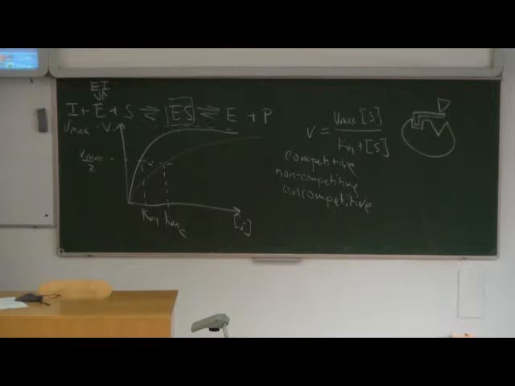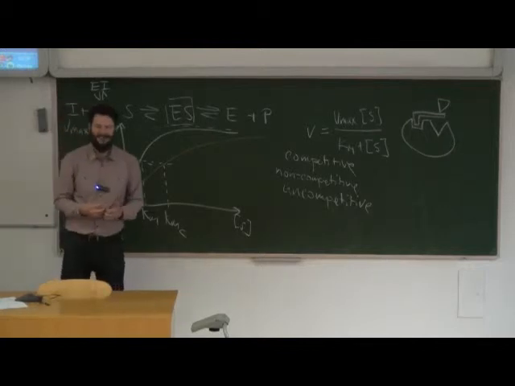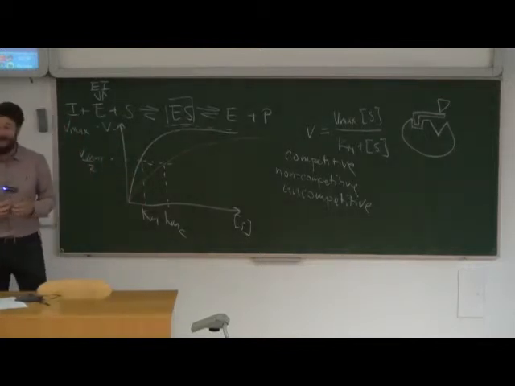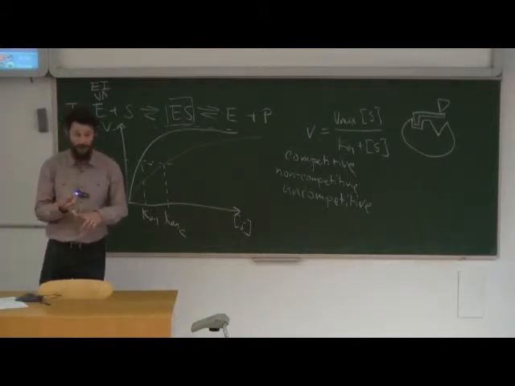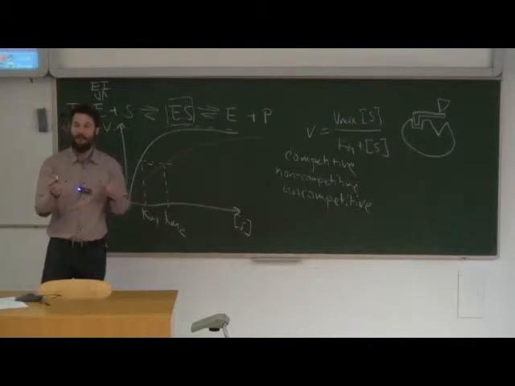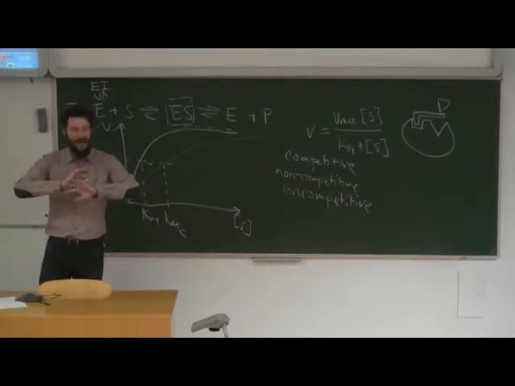Yeah, I think the Vmax decreases because the non-competitive inhibitor just binds to the enzyme, but it doesn't need to be a specific site. So while the substrate tries to bind to the active site, the inhibitor just binds somewhere, and therefore there is no chance for the substrate to bind. Not really. First of all, non-competitive inhibitors usually bind to a specific site. They do have a specific site, it's only a different site than the substrate binds to. And the two do not interfere. Again, in non-competitive inhibition, the two bindings are unrelated.